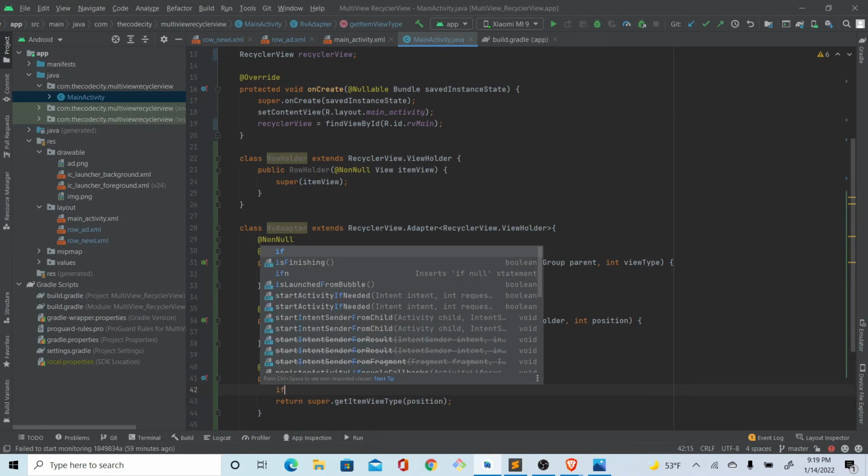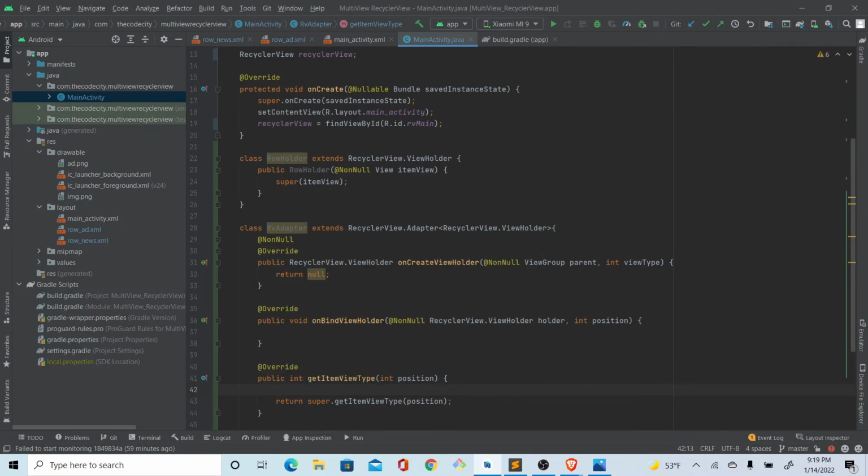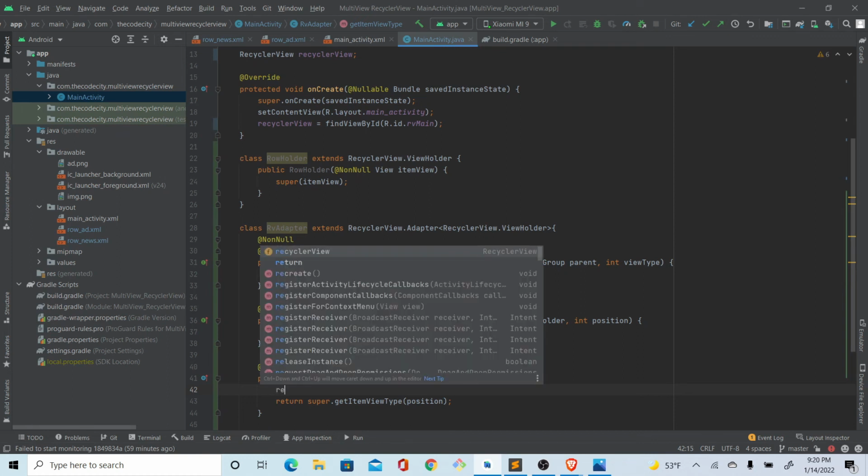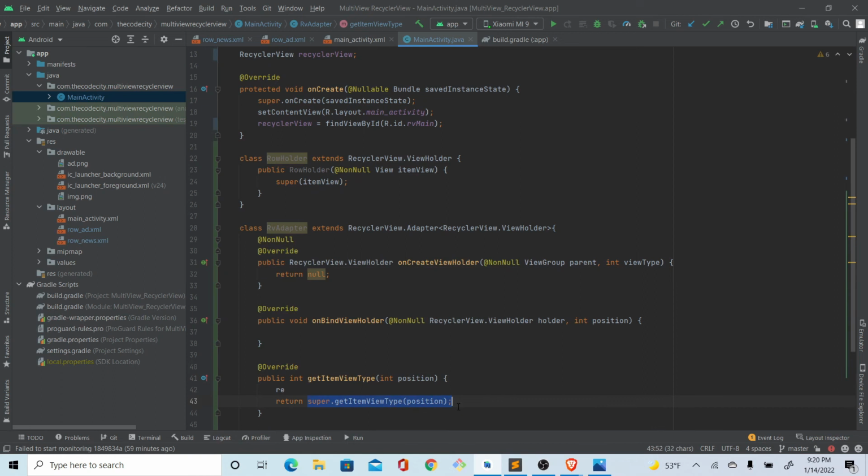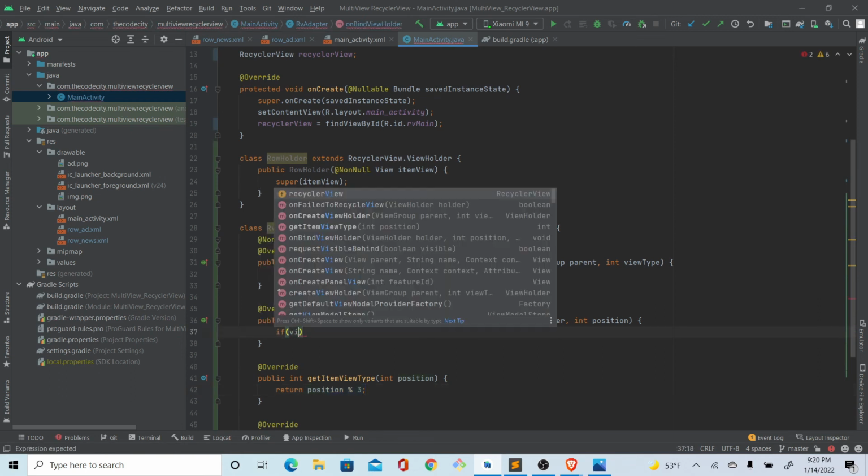0th, or what we can do is simply return, not this thing, we can just divide by 3 and return the remainder. So we get return position by 3. That means if it is a multiple of 3, 0 will be returned, or else something else will be returned. So what we do here is we just look for the 0, like if view type,